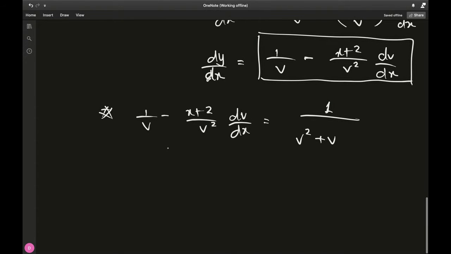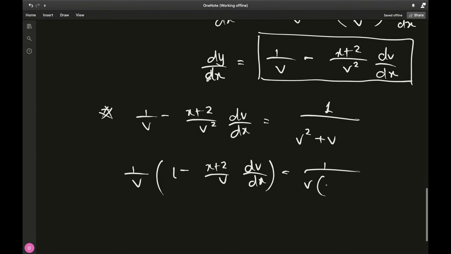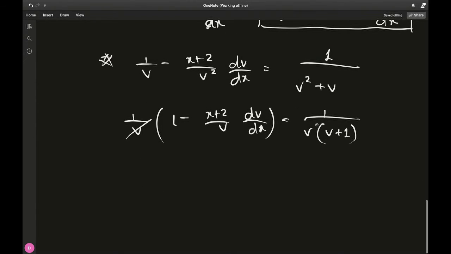Okay, fair enough. Now I would like to factorize out a v. So we have 1 minus x plus 2 over v times dv over dx. Same thing I can do on this side, and I'll have v plus 1 like that. So the v's can cancel out because v cannot be 0, because v, again, by our original choice of substitution,